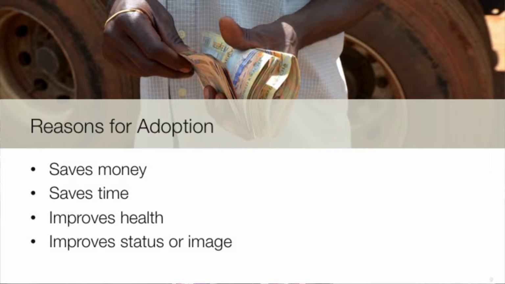In addition, you need to be thinking about why these people are going to adopt your product or service. Is it going to save them time, cost them less, improve their health? And you know more than even I do that even though all of you are really focused on serving the poor, they do care about status and image as well. And so is that really why they're going to adopt your product? You have to be clear, and the way that you do this is you listen to your customers. You've spent a lot of time in the field with your customers. What are they telling you? Why is it that they are buying your product or service? That's what you need to be listening to, and you should be understanding that very clearly.